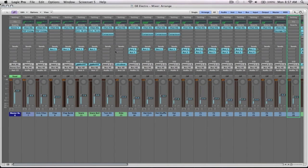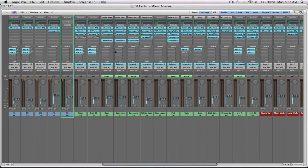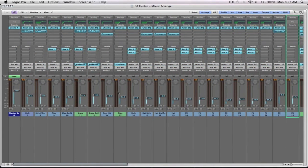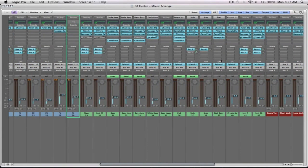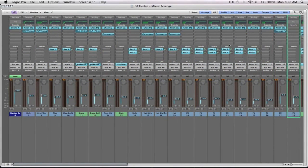It's not too heavy on plugins for things like the drum elements and the synths. It's just got some simple, obviously they've all got the sidechain compression, and then I've just got filters on there and stuff like that. So my first tip for you would be, when starting a session, to try and